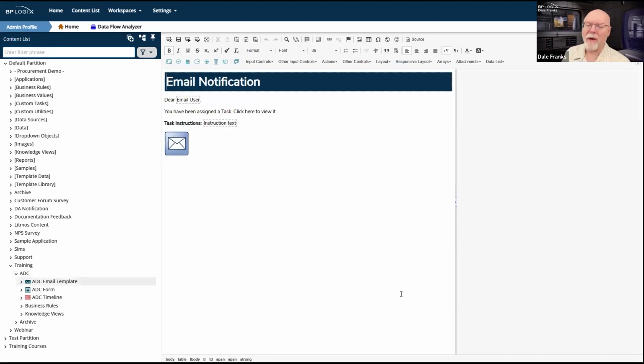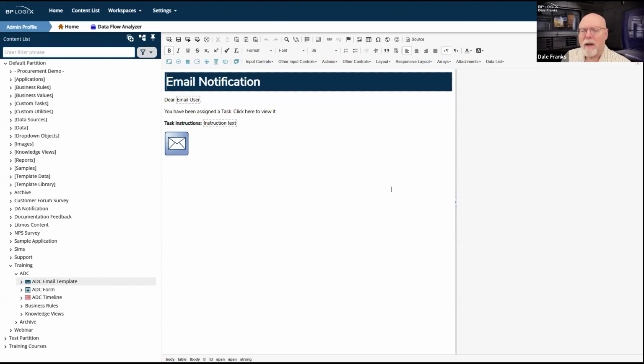Now, I've got a very generic email template that is going to need to be changed up quite a lot, because it really is just the bare bones of what we need for an email template. We're actually going to need a lot more stuff on this template, and we're going to need a bunch of embedded sections so that we can show and hide different portions of the email template at different stages of the process timeline, which also means we're going to have to do a little back and forth with the process timeline to ensure that we have everything right.